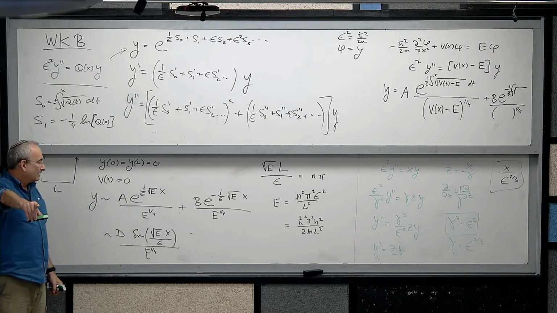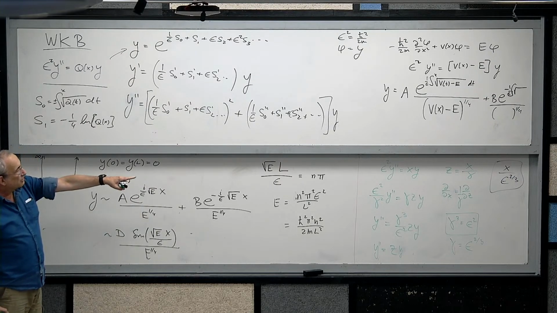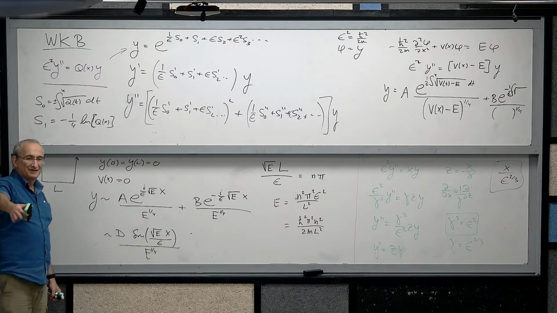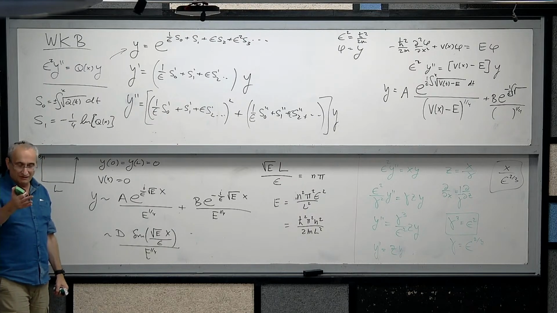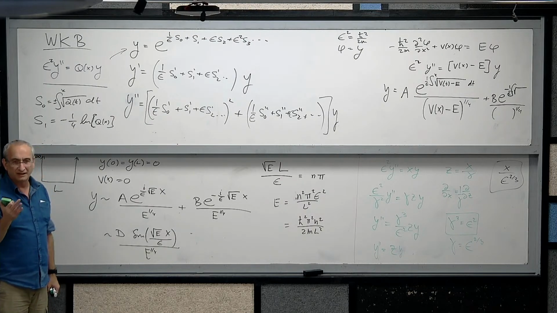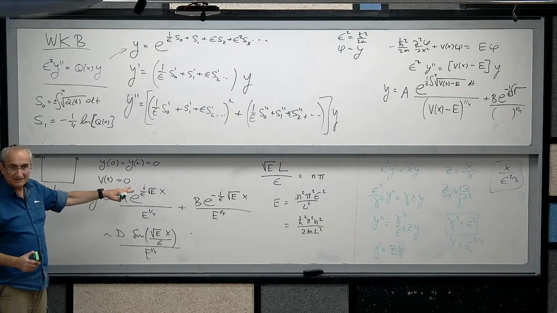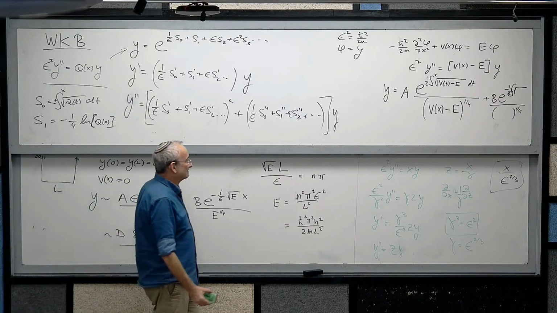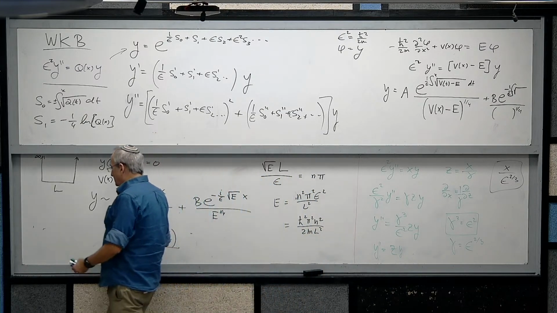Note that because v of x was 0 everywhere, there is no change in sign of q. Right? So I sort of hide under the carpet the problem of a change in sign of q. And I will continue to hide it under the carpet in the next problem, but then we will dig it up and start dealing with it. Okay. So the next problem